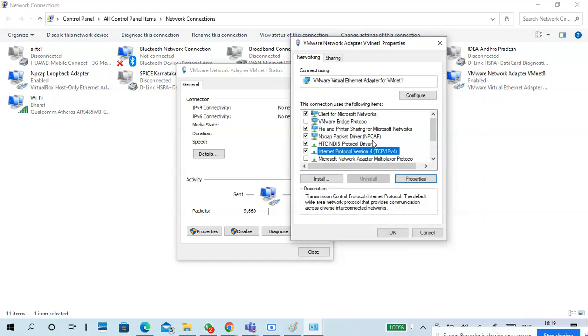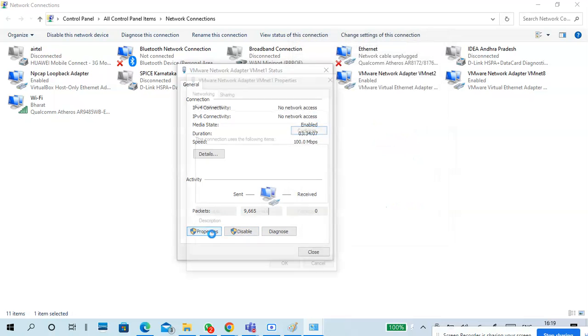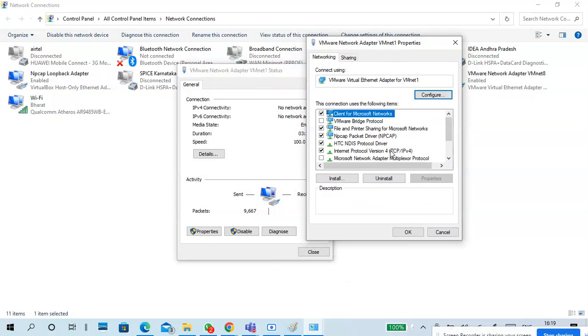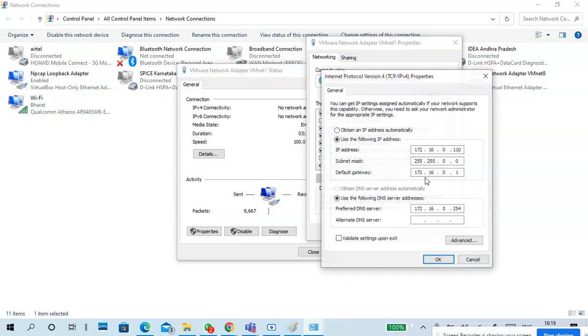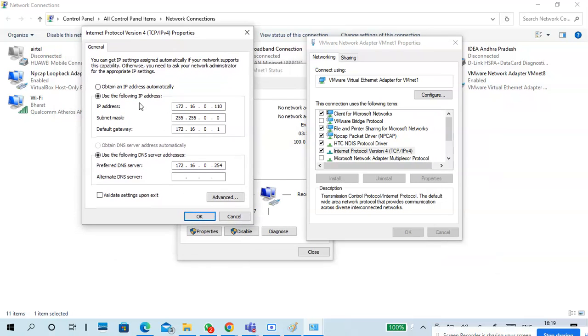So I select IPv4 here, properties. This is the IPv4 properties. There you can configure manually, that is the second option. Or you can configure automatic mode, which means you want to get an IP address automatically from the server.